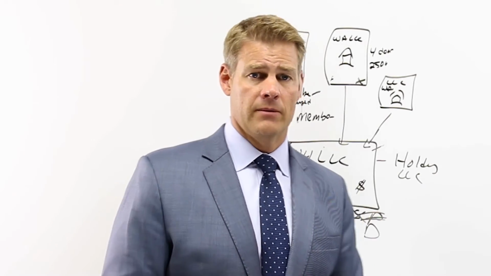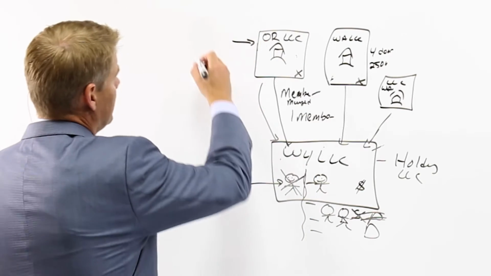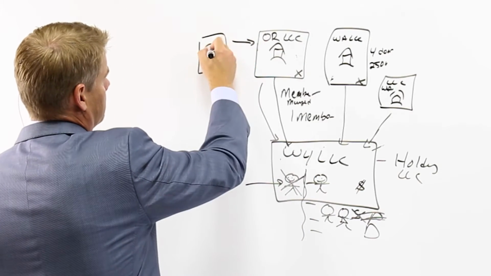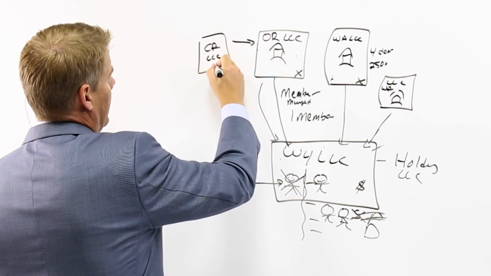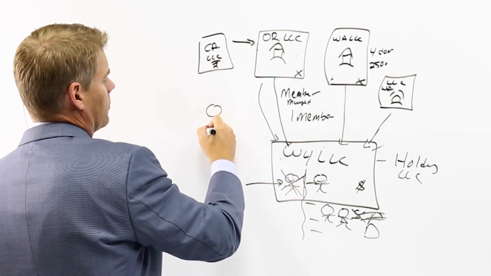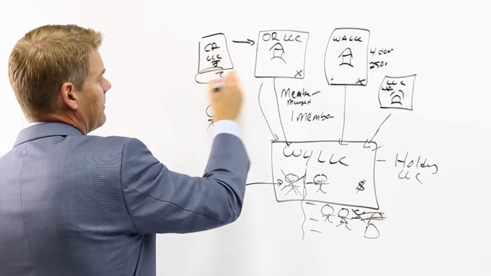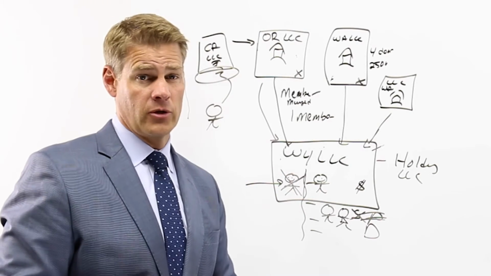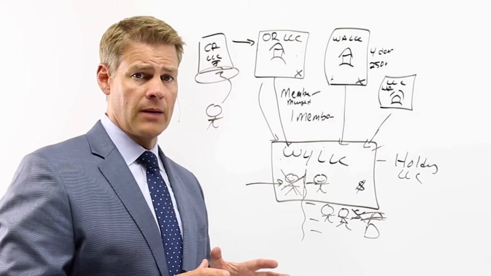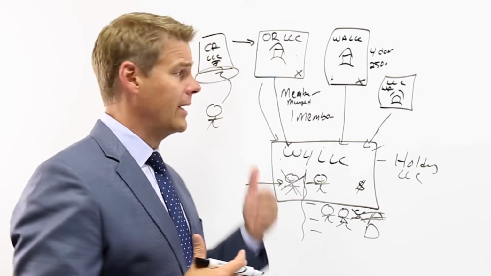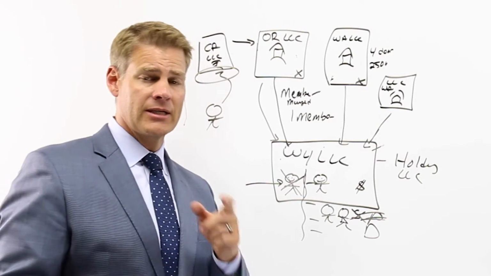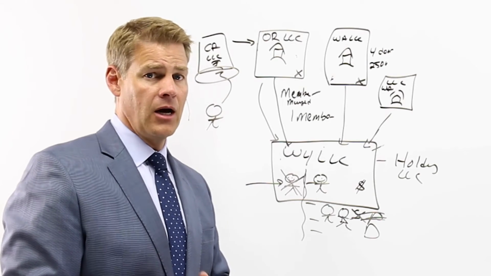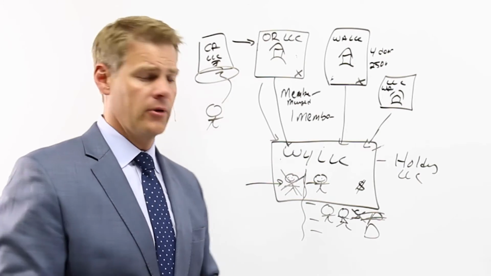Let's start with California, and I'm just going to leave it there as well. If I set up a California LLC here, and I'm sued as an individual, they can then take my LLC interest from me, and it becomes their LLC. That is the creditors I'm referring to. So this is a problem. I do not want to own a California LLC personally because a creditor could take that from me. I only have one form of protection in California.